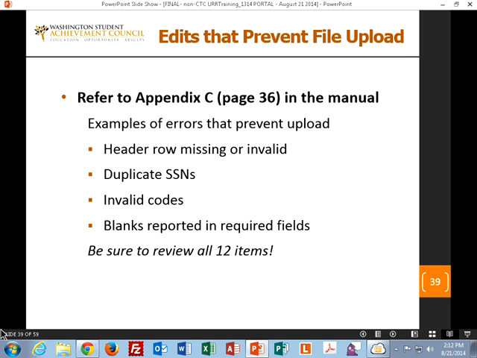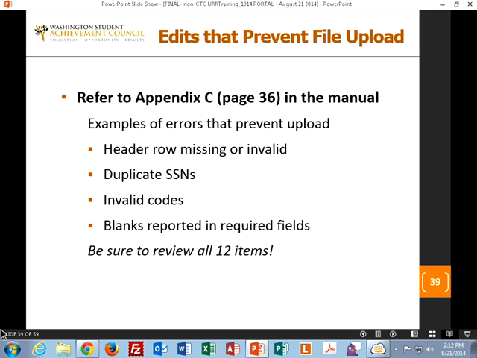Alrighty. Well, we run your data through about 60 different edits, different data checks, and the first set there are 12 items, 12 edits that we run your data through as you upload your file. And if they fail any of these edits, we'll reject your upload. We won't accept it at all. And things such as header row missing. We absolutely need the header row to know what data is in what column in your file. So we have to have the header row.